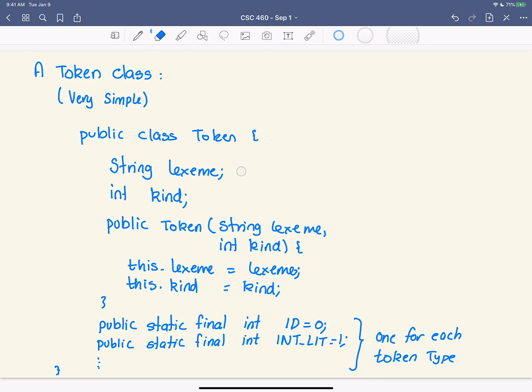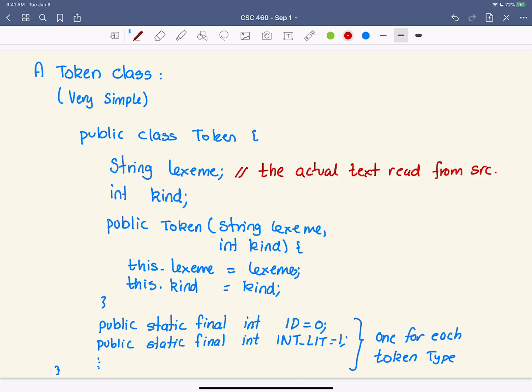So we can just put in a comment here. Do that in red. This is just the actual text read from the source. There are very few situations where you need the lexeme. For example, if you scan the plus, the fact that you know the token represents the plus operator is enough, because using the token to represent a plus in itself is enough.